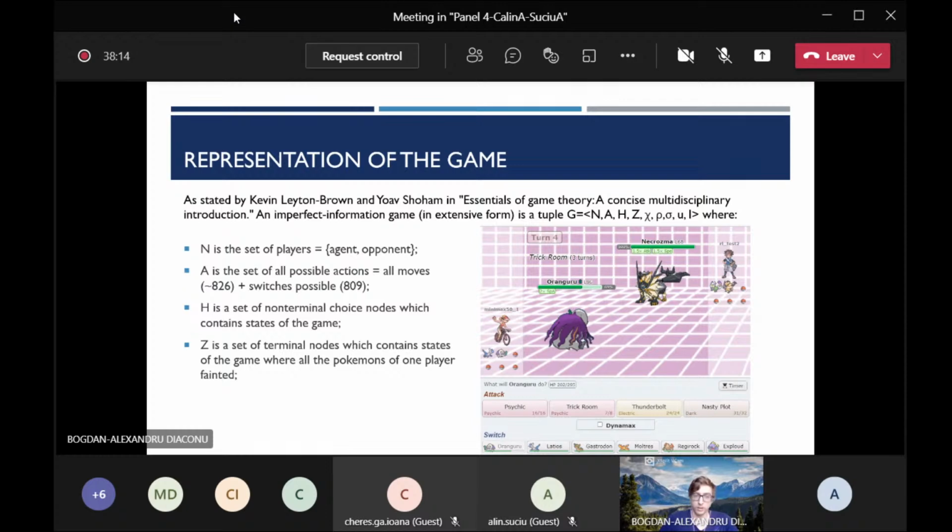That is the set of terminal nodes, which contains the states in which all the Pokemon of one player have fainted, so all their HP is reduced to 0, and the other player is declared the winner. And we also have the action function, which assigns some of the actions from A to each of the nodes. So we have the nodes, the leaves, and this action function states some more information about